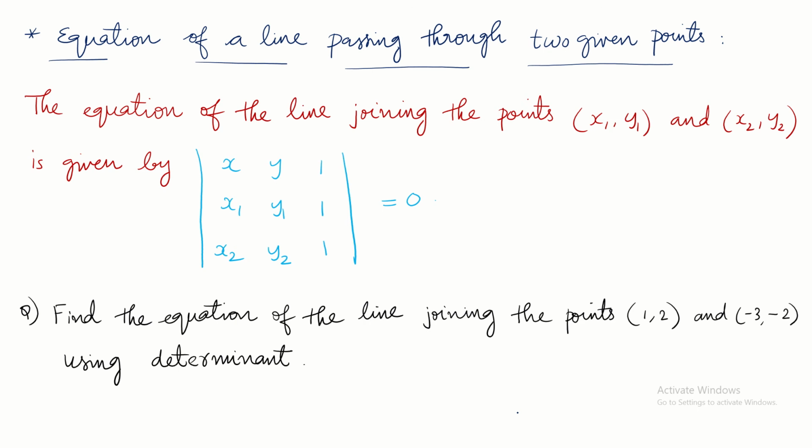Next is the equation of a line passing through two given points. You have the equation of a line on it. So here the equation of the line is what has to be found. So in your answer you will not get a number. You will get an equation with x and y terms. Okay, you will get an equation with x and y terms. For that you have the formula x y 1.